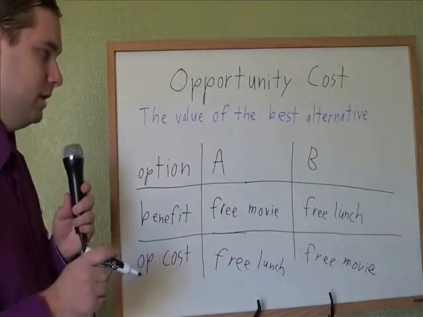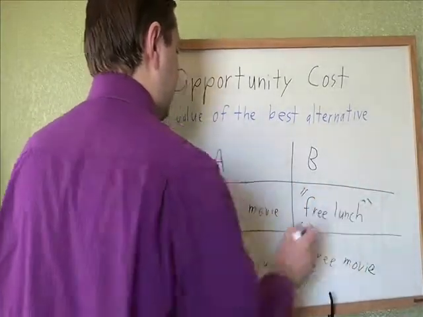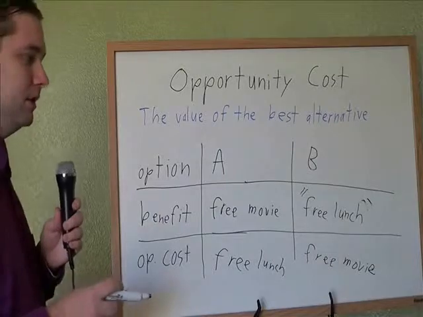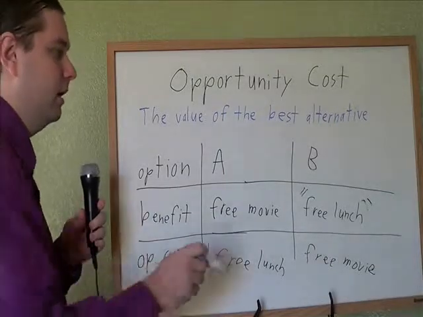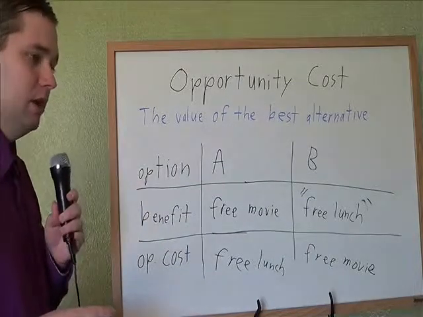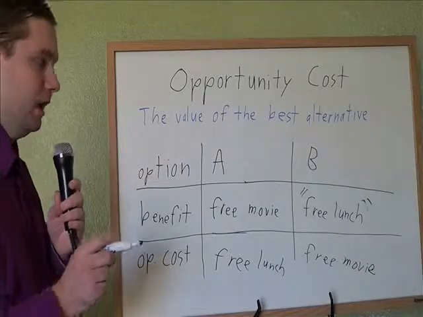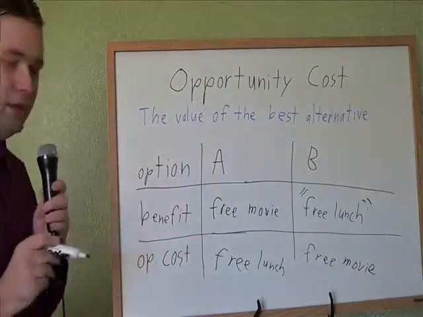And one thing that comes up a lot in economics is this phrase, free lunch. A lot of times in economics they'll say there's no free lunch, and that's because even if there is a lunch you don't pay any money for, you still are giving up some opportunity cost to get something. Whatever you do, there's always an opportunity cost. There's always something else that you could be doing. And that's what opportunity cost is all about.